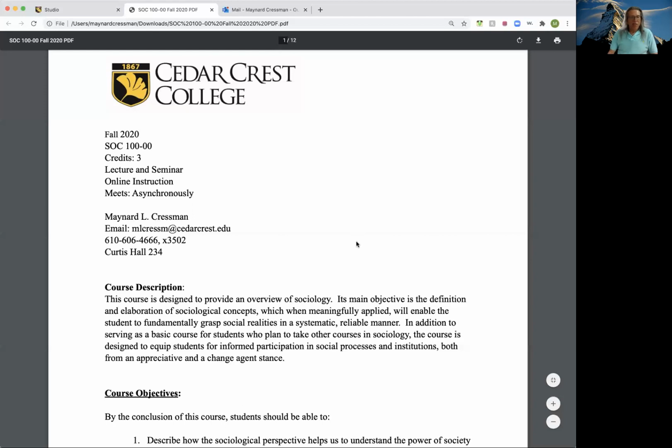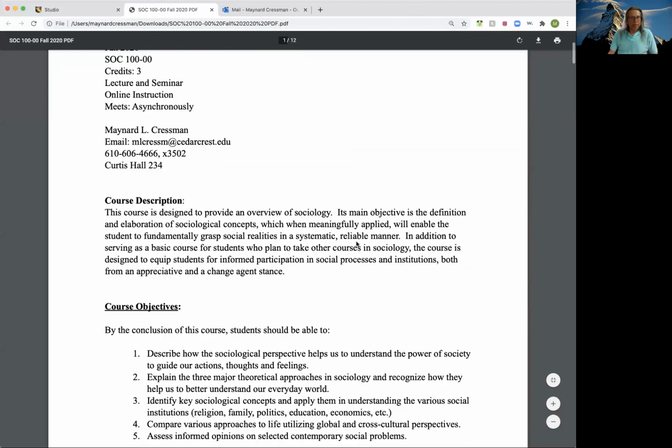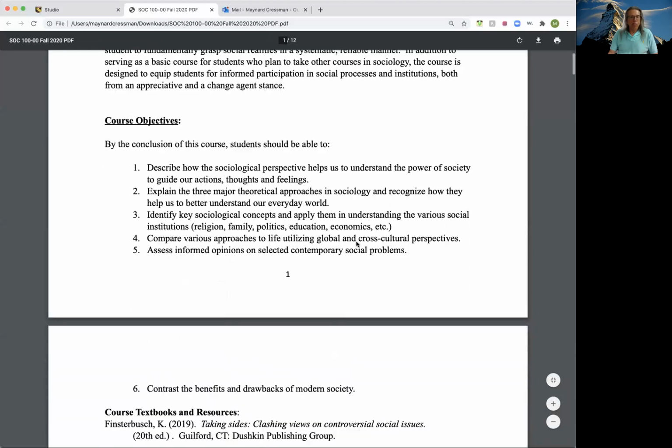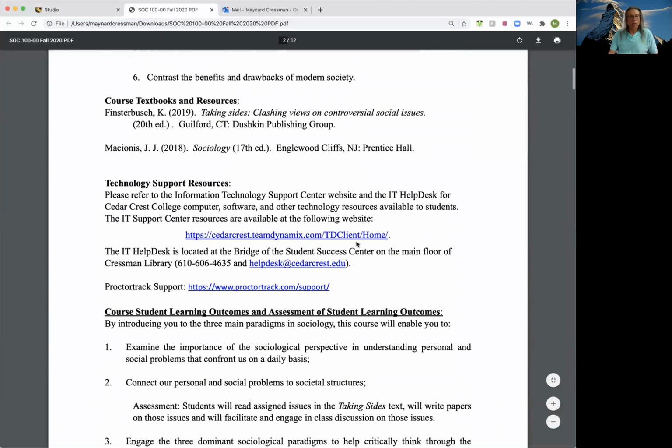Okay, as you look at the syllabus, you will see the course description, course objectives. These are all boilerplate things. Let's go right to the textbooks and the resources. You need to get these 2 textbooks, rent them, whatever you got to do. Pay for them, however you're going to do it. But get these 2 books, and do not get previous editions. If you do, because you're trying to do things on the cheap, it's going to come back to haunt you.